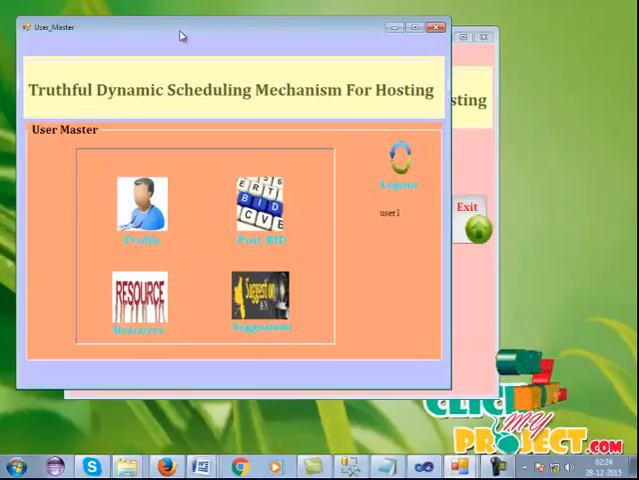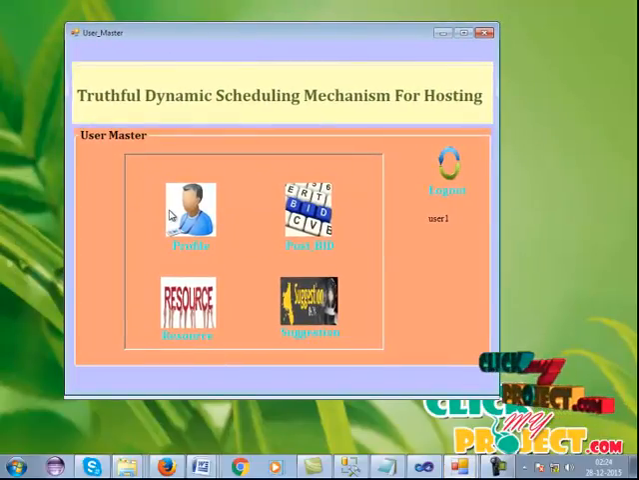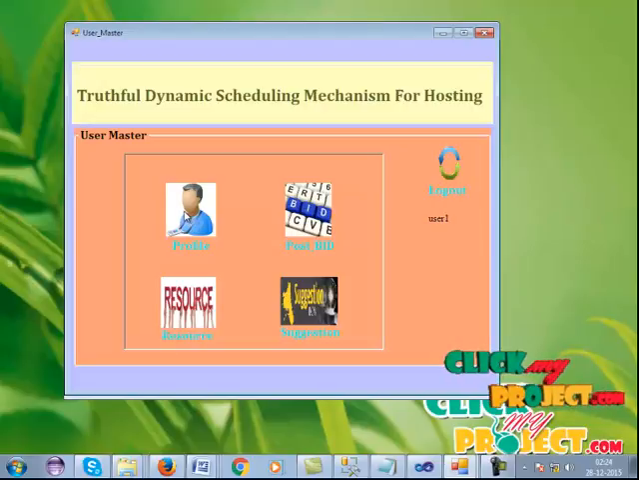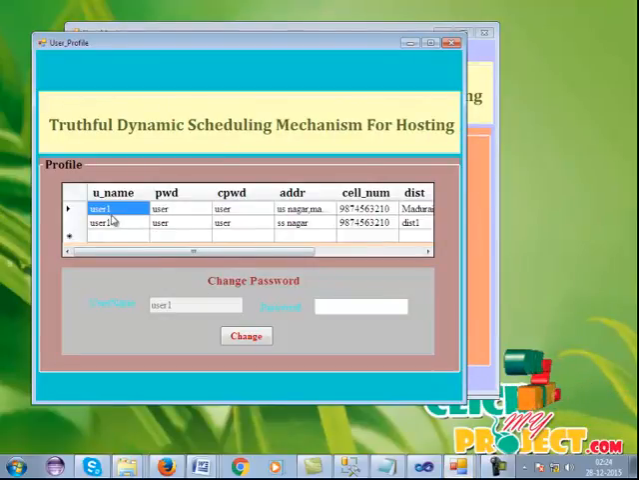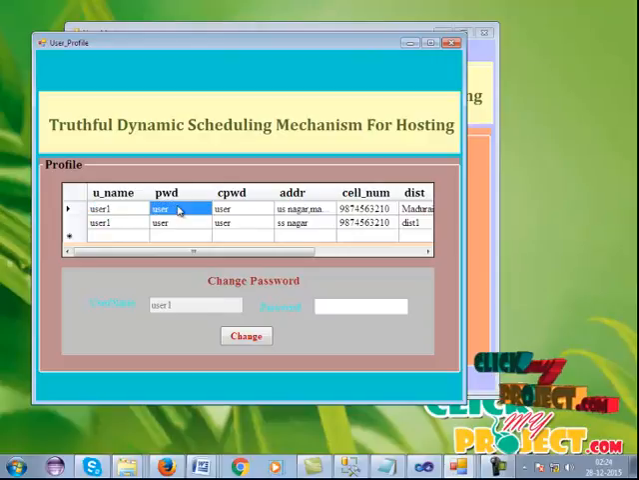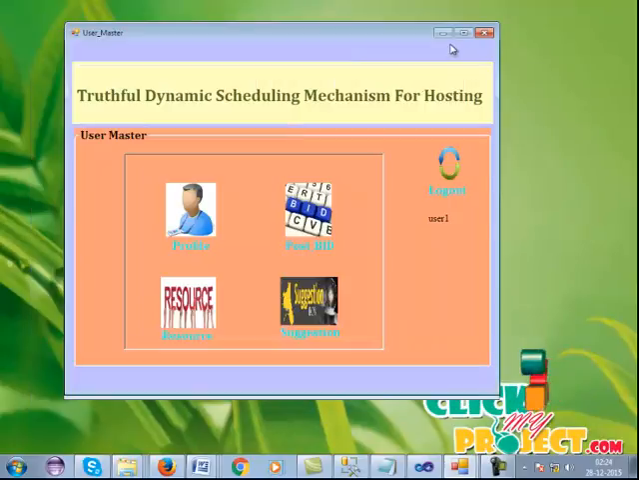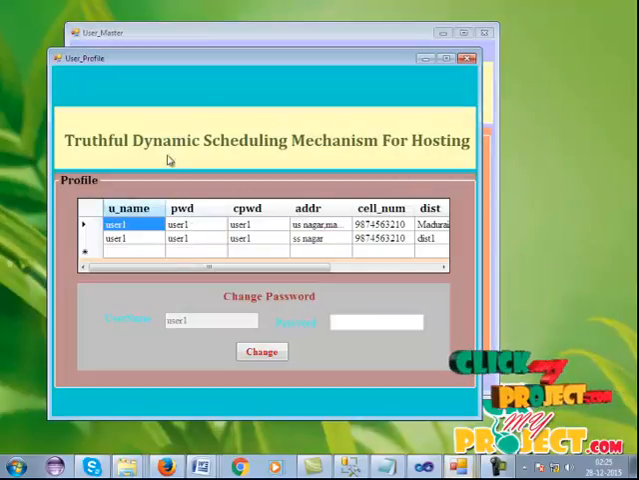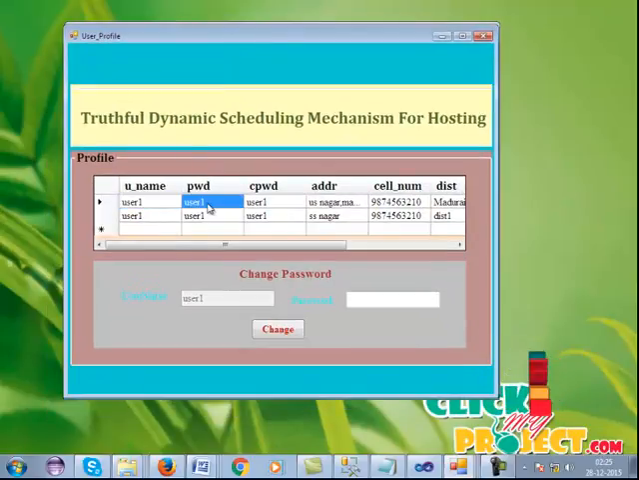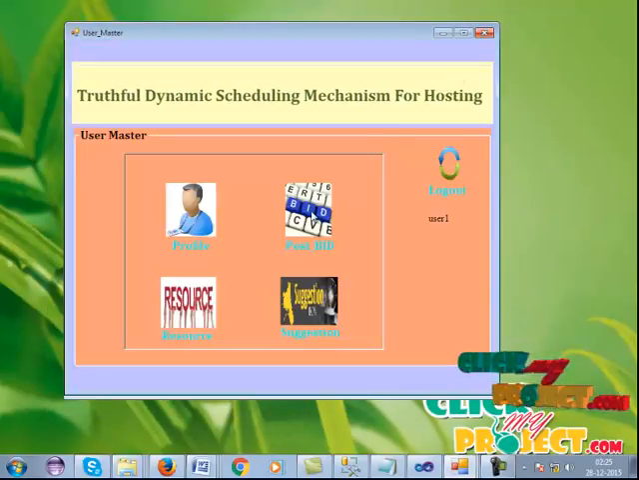This is the user panel, the user master page for this project. Here the profile contains the list of user details, the username and the user password. Here they can change the user password. If I give the changed values, the profile is updated successfully. To check whether the password changed, click the user profile again and the password will be changed. The post BID contains